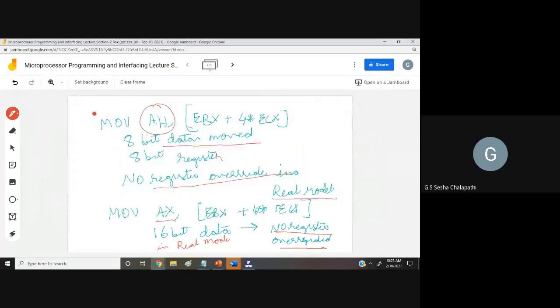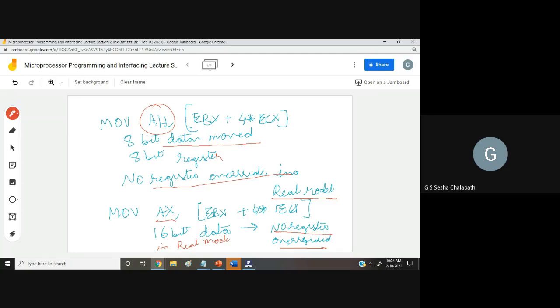Register override basically comes from your destination or the source operand. Now EBX and ECX are used to generate the address. So if you are using EBX and ECX, they will be accounted in the address generation.